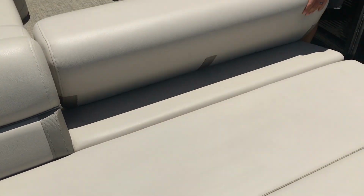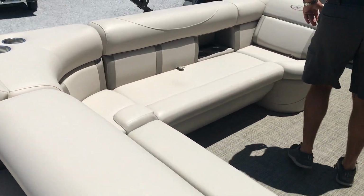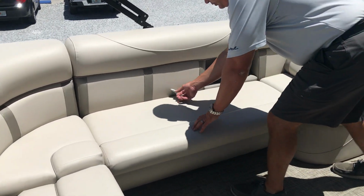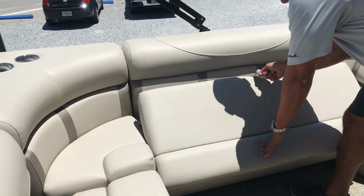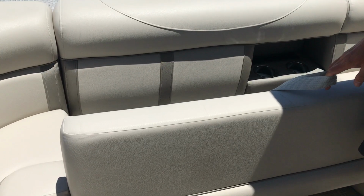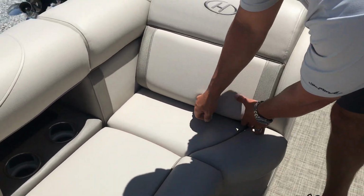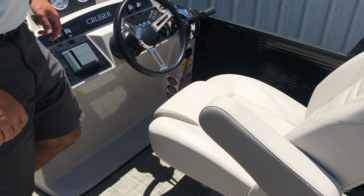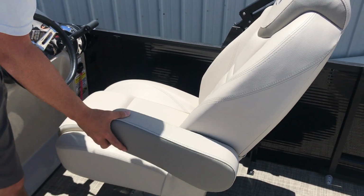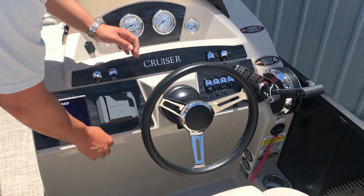As we enter the boat, it has a flip-flop seat, storage under all the seats, trash can storage. Here at the helm, you've got the real high back chair, flip up armrest, tilt wheel steering,